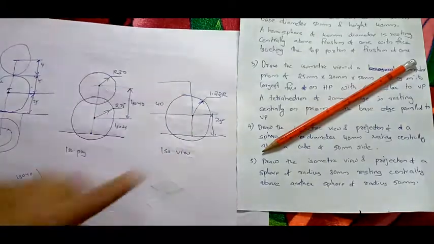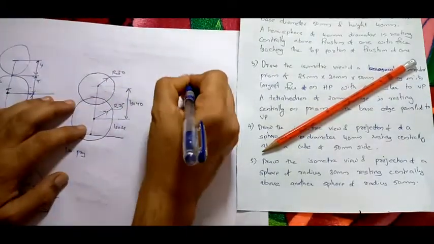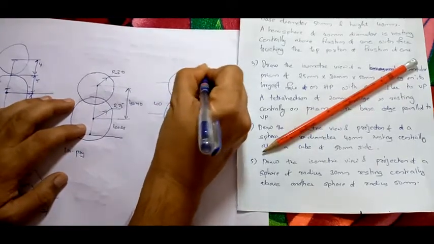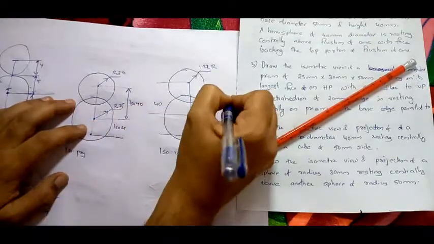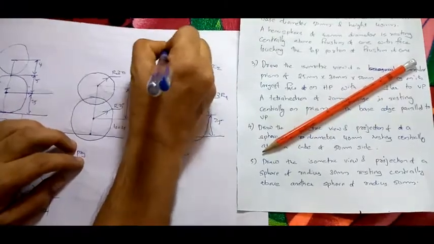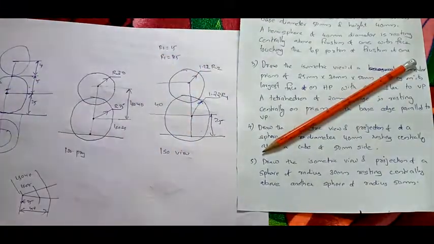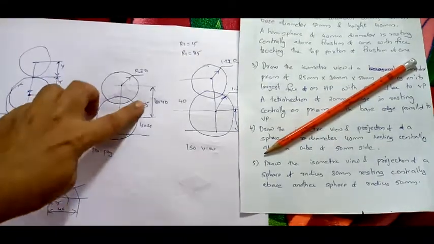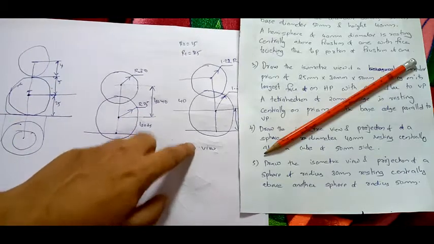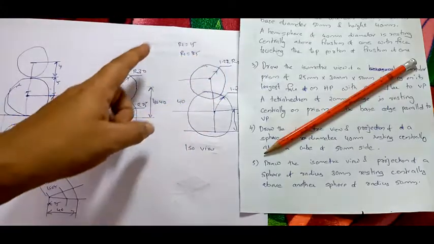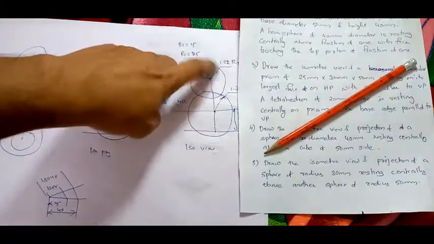In the view, center to center distance is actual length but radius is equal to 1.22 times radius. 1.22 times. Here 1.22 times R1, here 1.22 times R2. R1 is equal to 25, R2 is equal to 15, right? You take 1.22 times their radius. So that's all there is to it. So understand this. Let me just say it once more for the sphere. Isometric projection means always, for center to center distance you have to take scale. The radius will be equal to the actual radius of the sphere. Now isometric view means center to center distance will be true length, but radius will be equal to 1.22 times. So if 25, you have to take 25 into 1.22. Take that length and draw the circle. That's all there is to it.